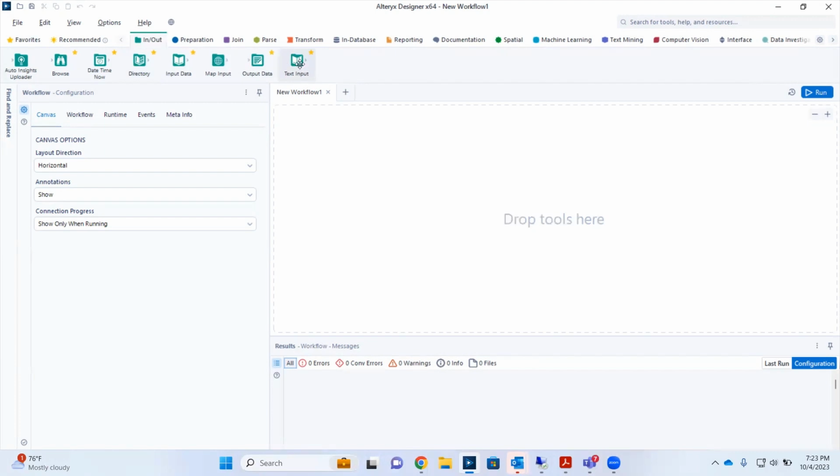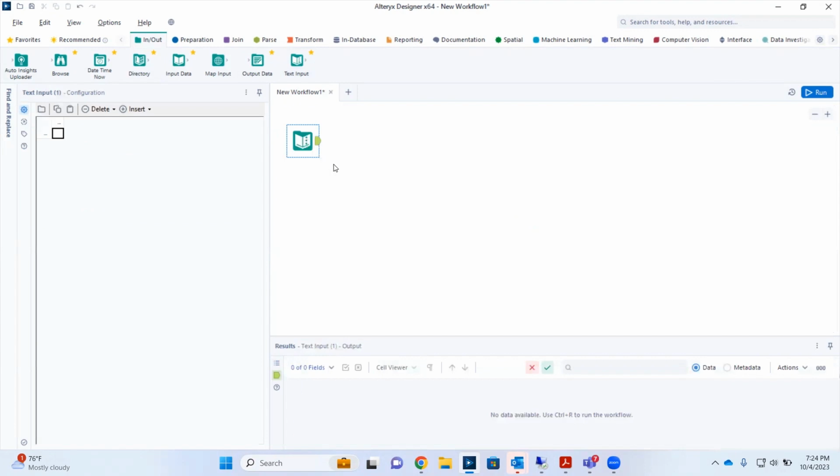And the text input file is, okay, let me just show you what the text input file does. So for instance, if maybe you want to do a kind of a VLOOKUP, and you just want to look up a particular set of values, you can create your own table. So this is how to do it. Let me say I want my field name to be name, and I want to make this to be age. So you can put in your values here, maybe you can put 10, you can put bash, you can put days, and